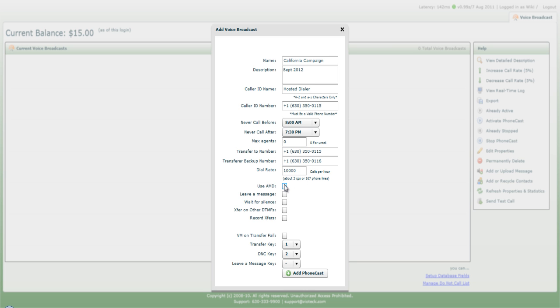If you place a check mark next to Use AMD, then the dialer will use answering machine detection, and it will also play messages to answering machines. You must check Leave a Message for the dialer to leave a message when it reaches an answering machine. If you place a check mark next to Wait for Silence, then the dialer will wait until after the beep